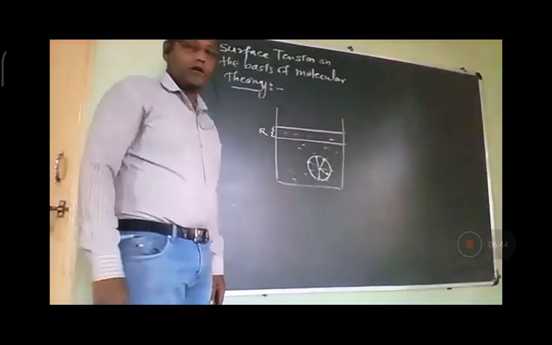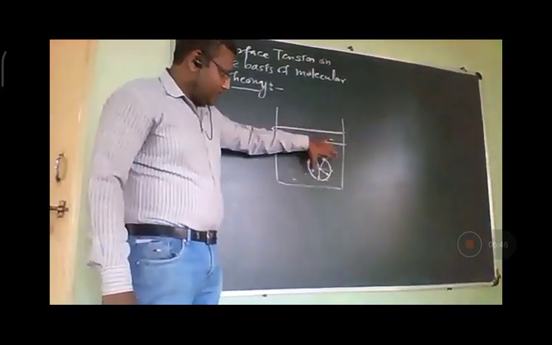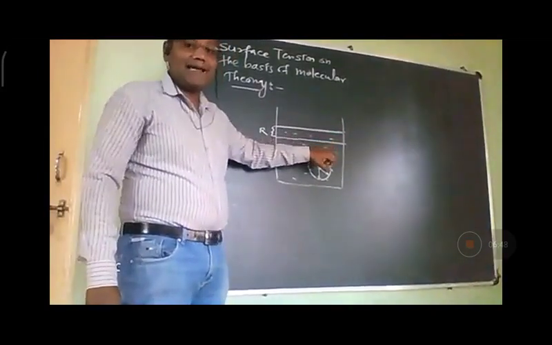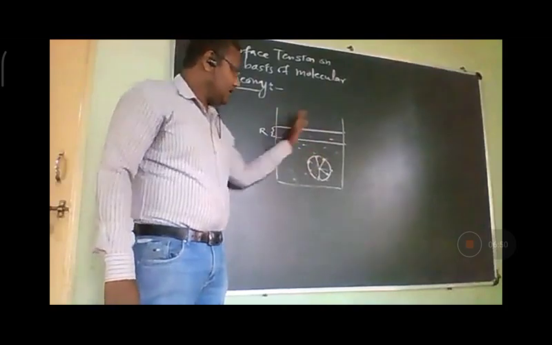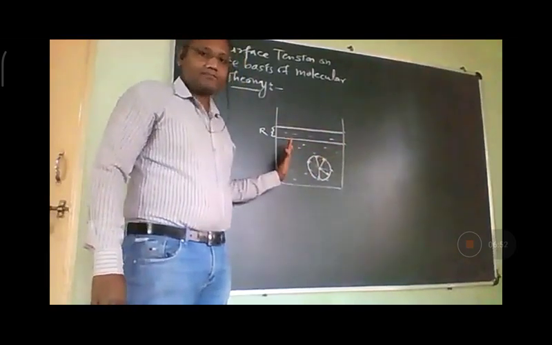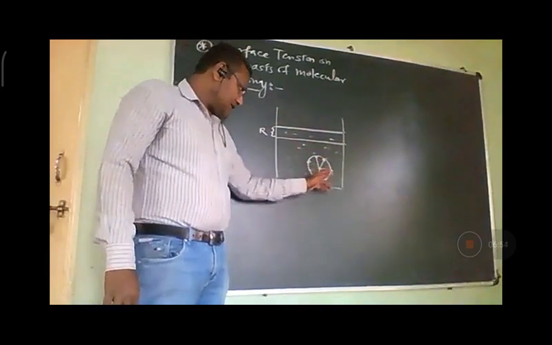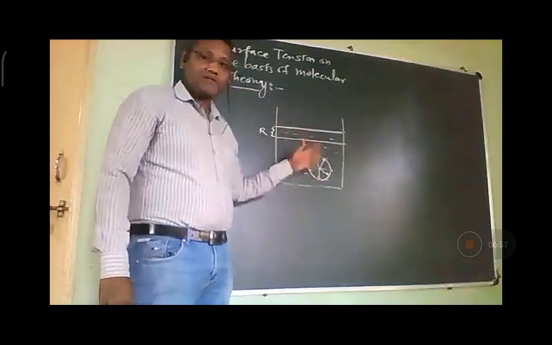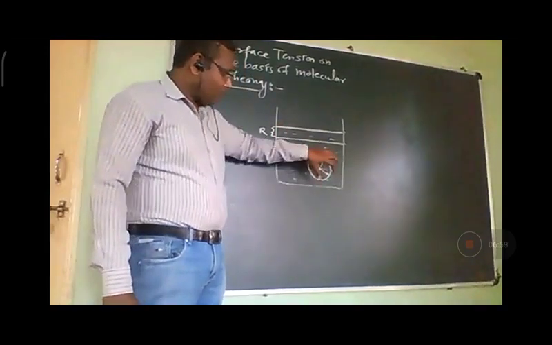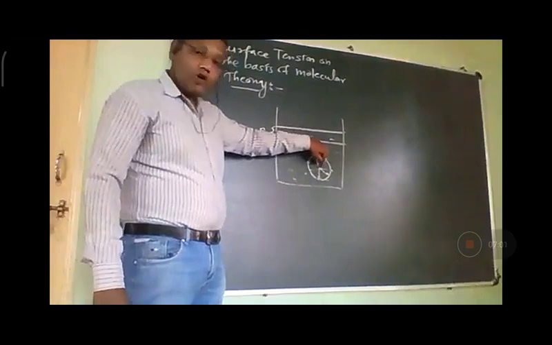Now if I draw the sphere of influence of this molecule A, which is at the center, this sphere of influence completely lies inside the liquid, and this liquid is homogeneous matter. That's why the density of this liquid throughout its volume is constant. Hence, the number of molecules around this molecule A